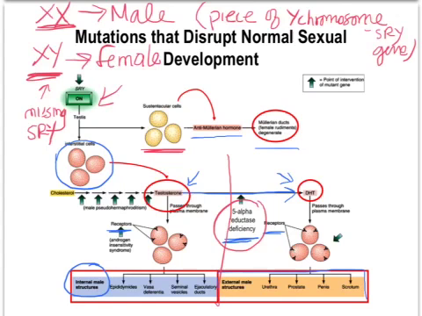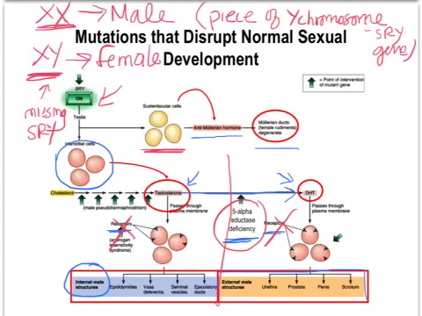Another syndrome or problem that we see happening in some individuals is when they are insensitive to androgens, to these male hormones. So they do not make the receptors for dihydrotestosterone and testosterone. So they develop, or they look like females. And actually they talk about this particular problem in your book. So you can see how this whole development, which is kicked off by that SRY gene, is very, very important